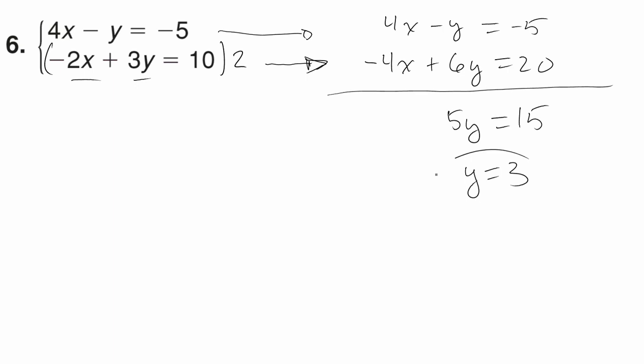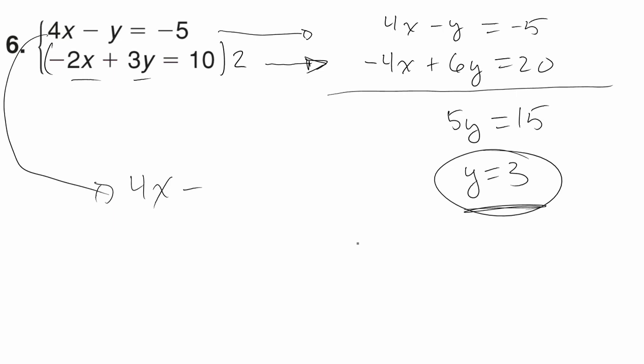So we now have the value of y. And to find out what x is, we just pick either one of the 2 equations above and substitute that in and solve for x. I'm going to go ahead and pick this top equation, and I'll rewrite that. So that equation is going to become 4 times x minus y. Again, instead of writing y, we're going to write the value of y that we found. So we're going to write minus 3, and that equals the number negative 5. So 4x minus 3 equals